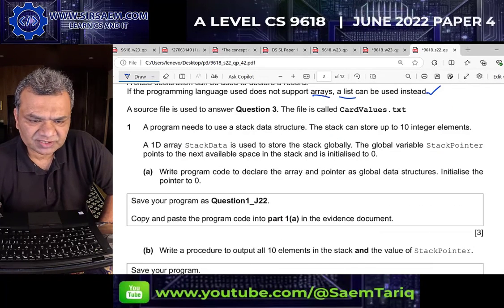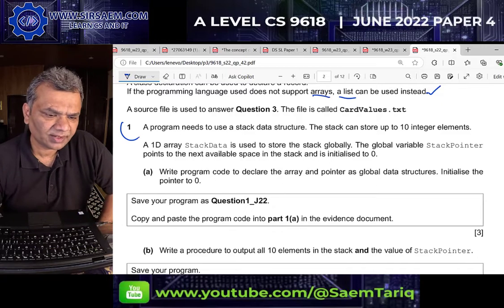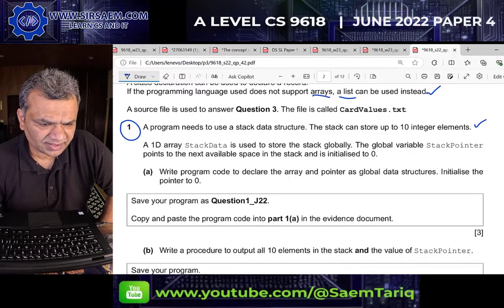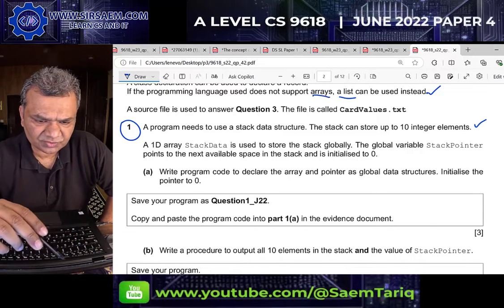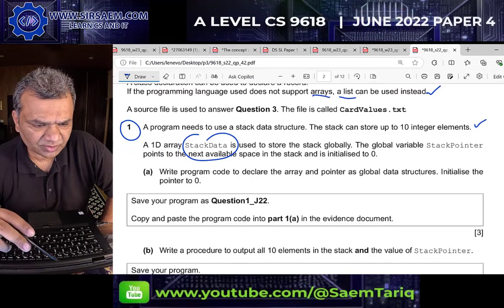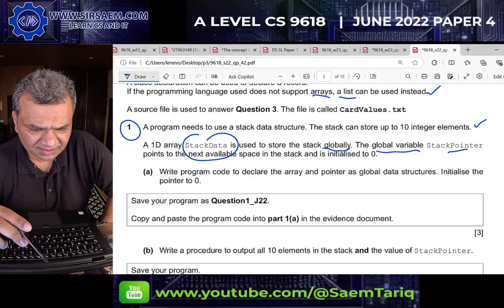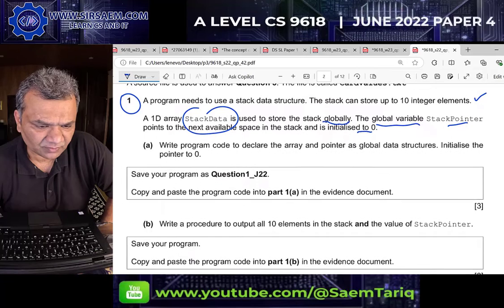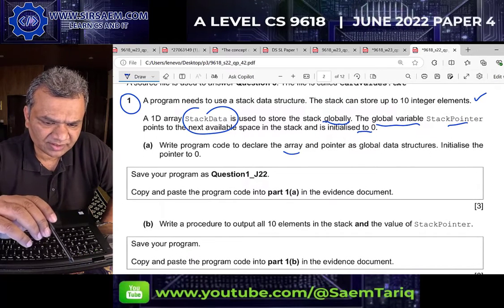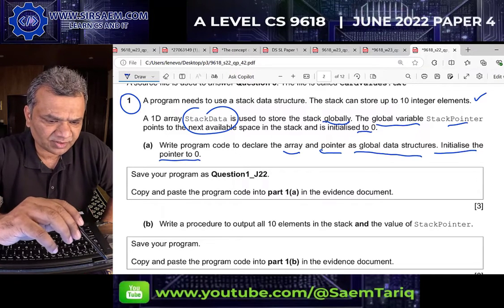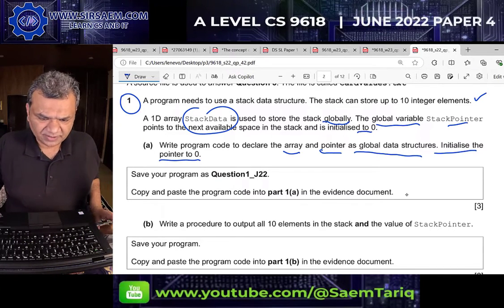So the first point says a program needs to use a stack data structure. The stack can store up to 10 integer numbers. A 1D array, stack data, is used to store the stack globally. That's the important point. The global variable stack pointer points to the next available space in the stack and is initialized to 0. So the first question says that we write program code to declare the array and the pointer as a global data structure, initialize the pointer to 0. Okay, so the way we'll do this is